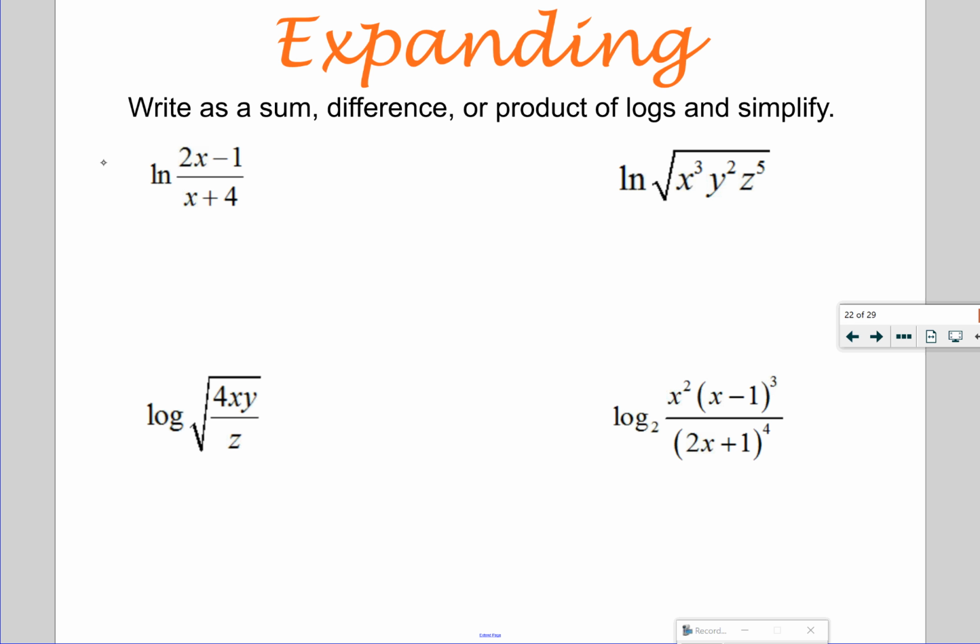So for example, we'll call this guy number 1. Here I have division between the 2 parts that are within my log. So we're going to change that into subtraction. So my first natural log will be what's in the numerator, 2x minus 1. And then instead of division, when we expand it, it changes to subtraction. Natural log